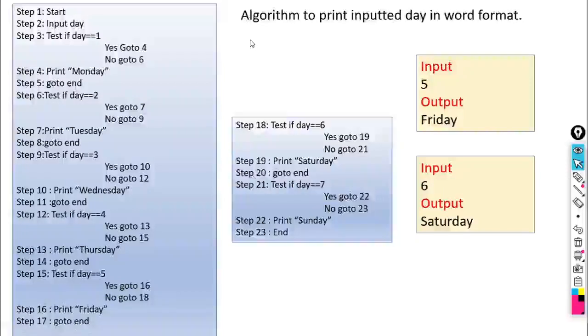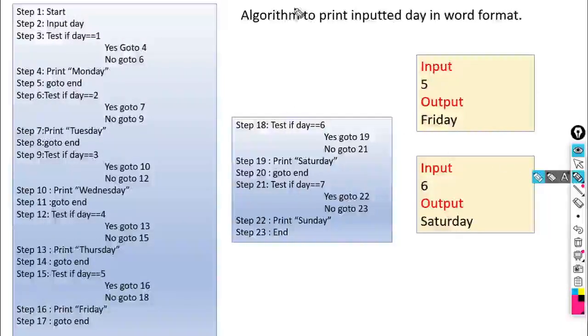So here the question is: algorithm to print the inputted day in word format. Okay, so what is the meaning of this? The number of days in a week. We can start from day one or else we can start with Sunday. Here we have considered day 1 as Monday.